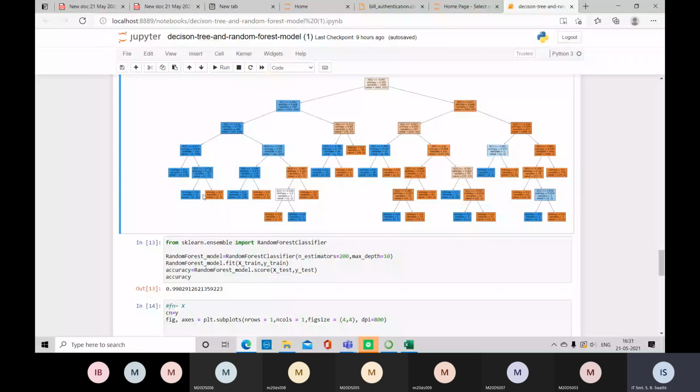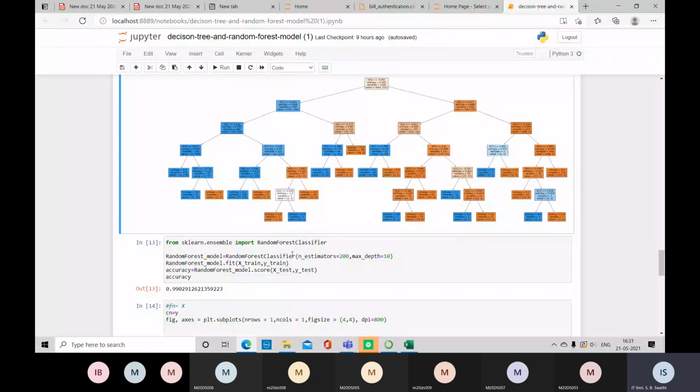Are you following? In a random forest, every leaf node will assess a given input. There will be some sort of probability generated at each and every leaf node. All those probabilities are considered and the average of that is taken, and then the output is given whether the given input data belongs to class 0 or class 1. So that is the only difference between the decision tree and random forest.